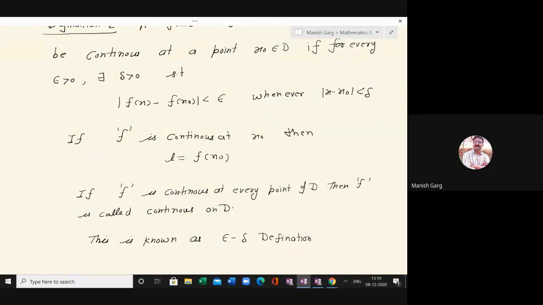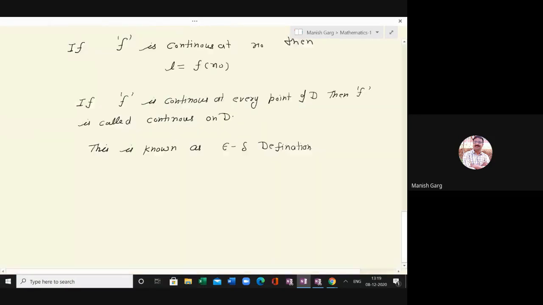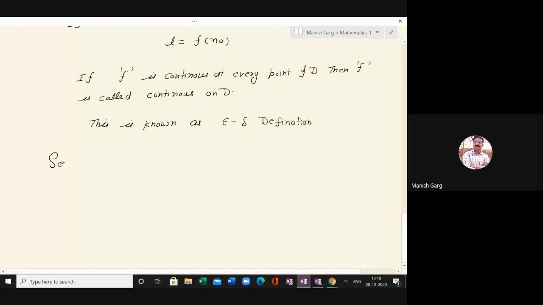But in this course, we don't study the definition of continuity by left hand limit or right hand limit. Here we study only the epsilon delta definition, and there is one more definition of continuity, known as the sequential definition. The second definition of continuity, you can say third, sequential definition. What it says,